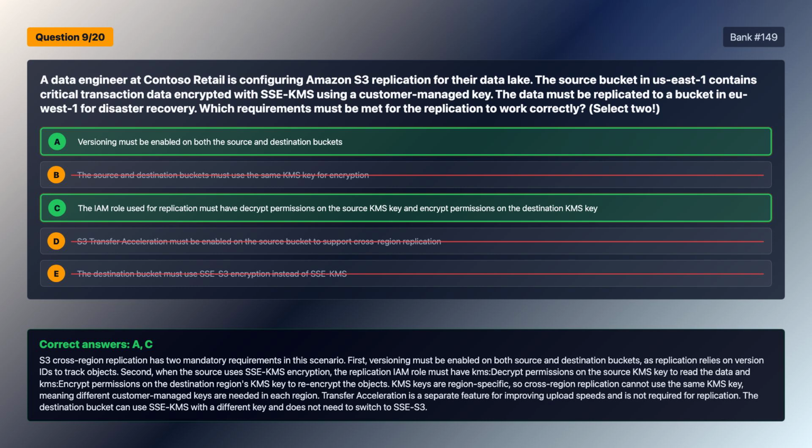Second, when the source uses SSE-KMS encryption, the replication IAM role must have KMS decrypt permissions on the source KMS key to read the data and KMS encrypt permissions on the destination region's KMS key to re-encrypt the objects. KMS keys are region-specific, so cross-region replication cannot use the same KMS key, meaning different customer-managed keys are needed in